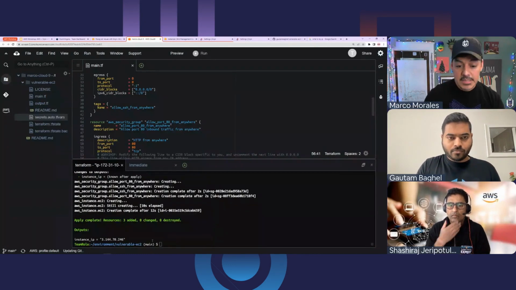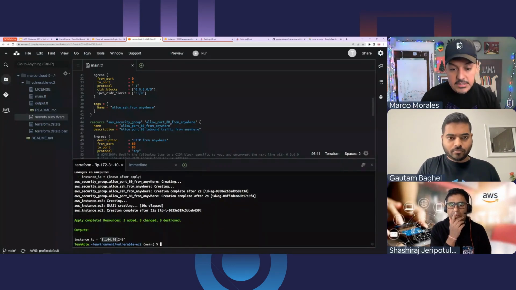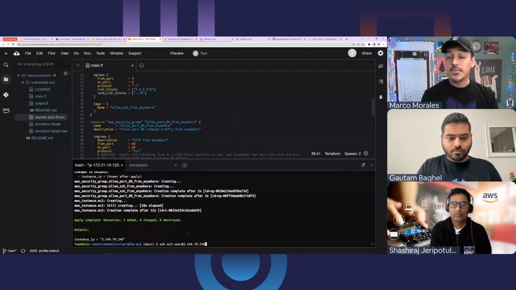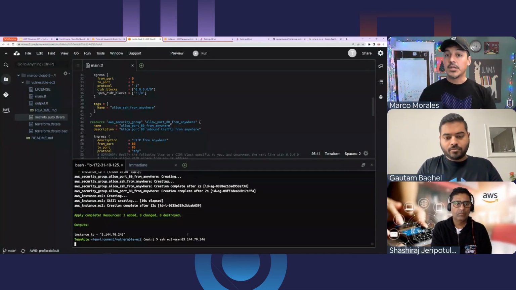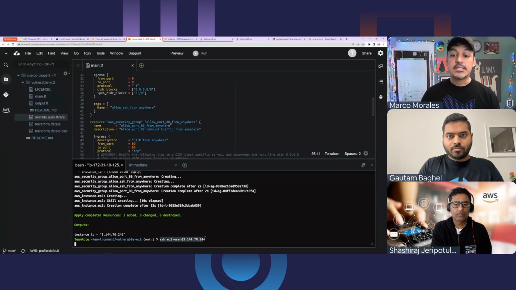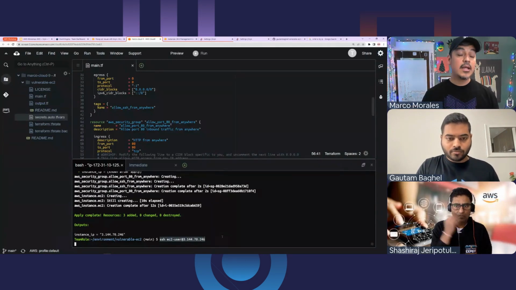So we're waiting for this. I'll cut and paste this IP address, ec2-user at this IP address. Let's see if the machine is up and running enough for me to try to do an SSH. What you may or may not know is Amazon will tell you that if you have this kind of response where you don't get anything, this is typically a networking issue. There is no path to the asset. So this is actually what we want to see.